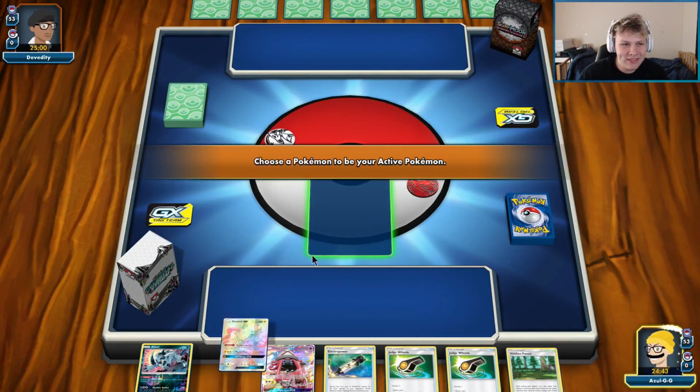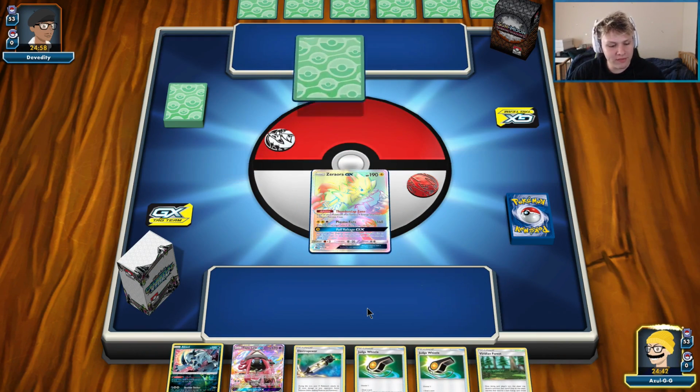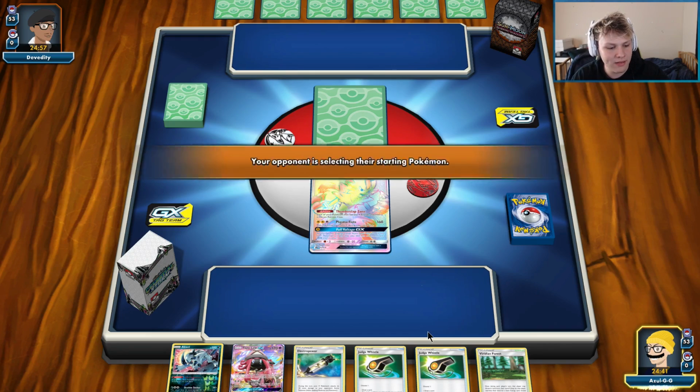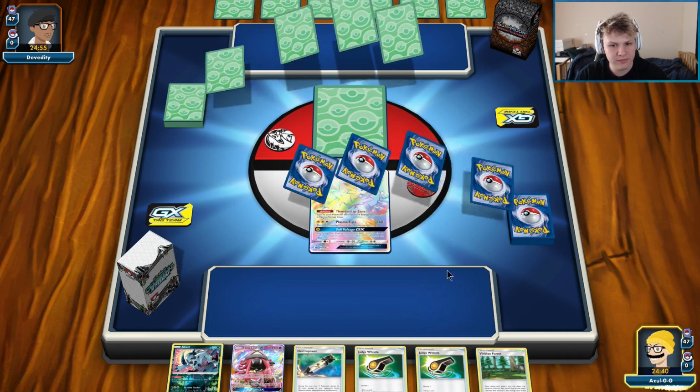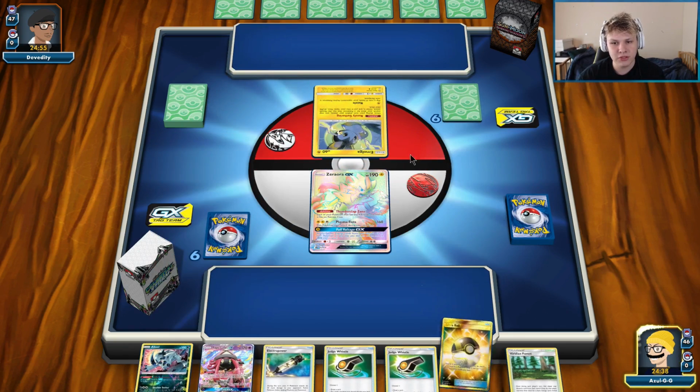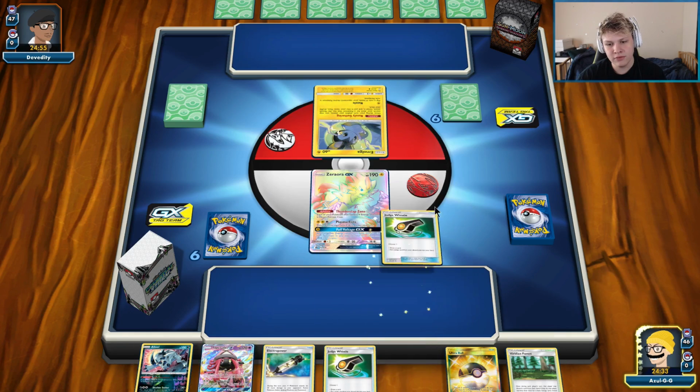Another one here. Gonna be opening up with the Zeraora. We're going first, so we can take it a little bit slower. Don't have to be quite as aggressive early on here. Got a Lele for a Lily if we don't draw into one off one of these Judge Whistles, which we will be using pretty aggressively here. Got the Absol if we should want to use it. We are playing against an Emolga. That usually means